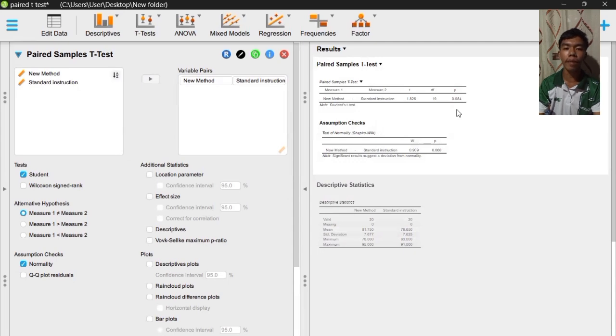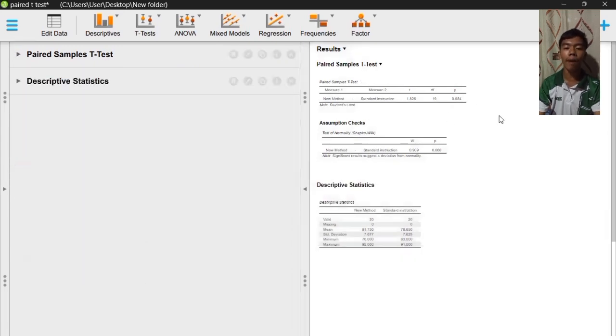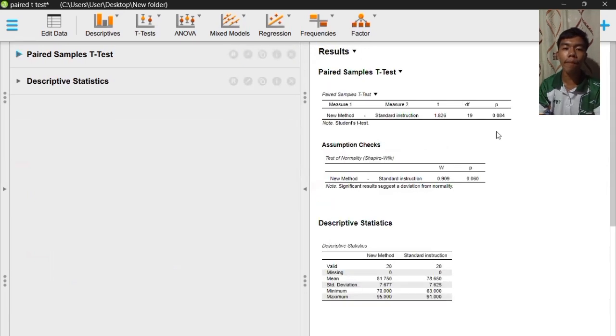This information can be interpreted that there is no significant difference in the mean amount of materials learned between the new method of instruction and the standard instruction, as again, we failed to reject the null hypothesis. Therefore, the paired sample t-test revealed that the mean amount of material learned in the new method of instruction is not significantly different compared to the mean amount of materials learned in the standard instruction.